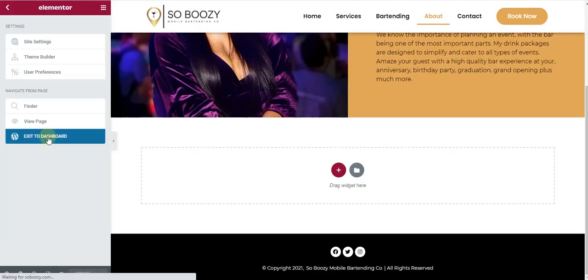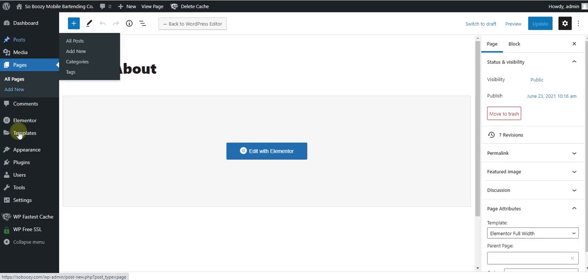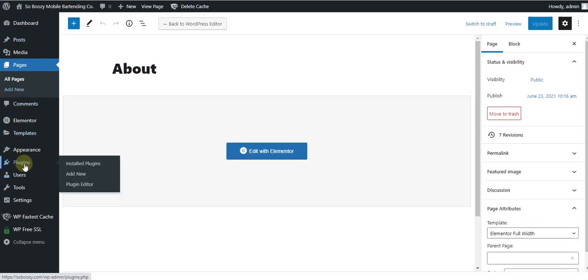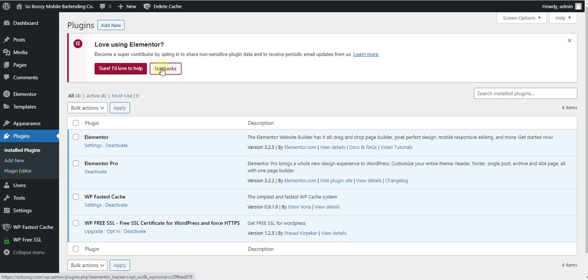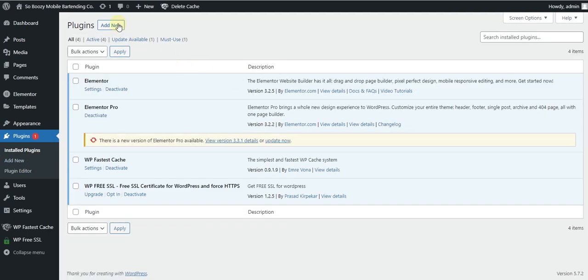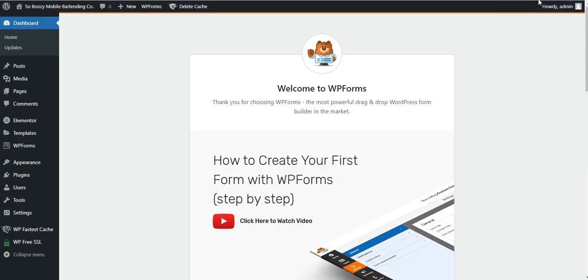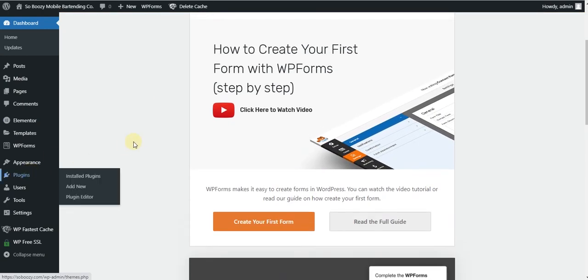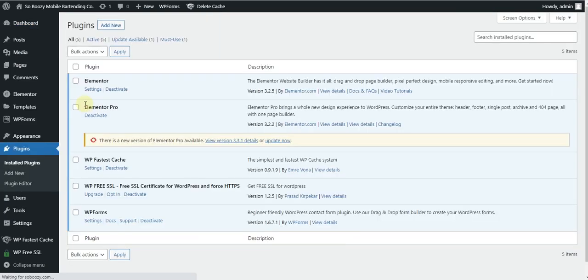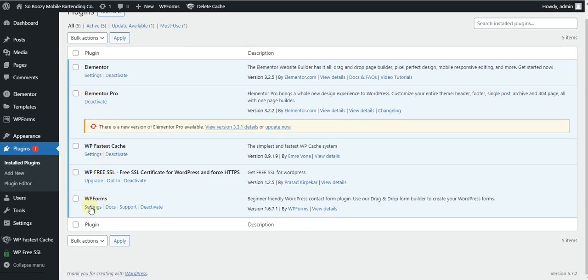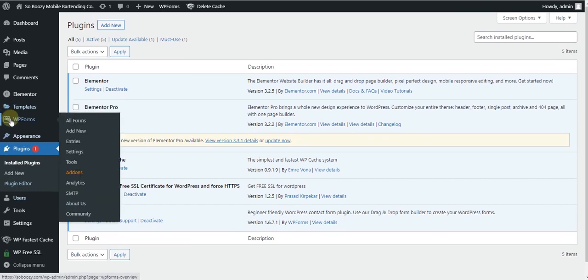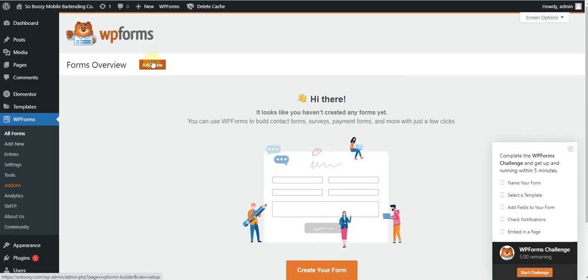So I will go to the dashboard of the website, and what I need to do is to install a plugin named WP Forms. So I will quickly install the plugin. So I have installed the WP Forms now. You can check this, I have the WP Forms activated now. I'll go to WP Forms and I will click on add new,